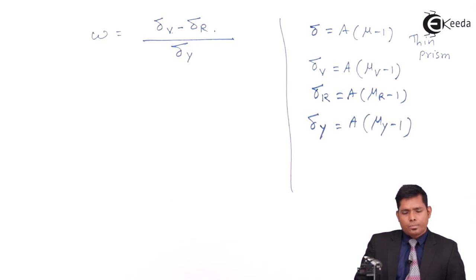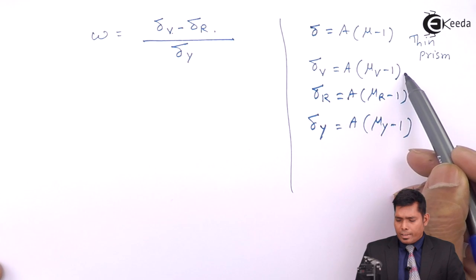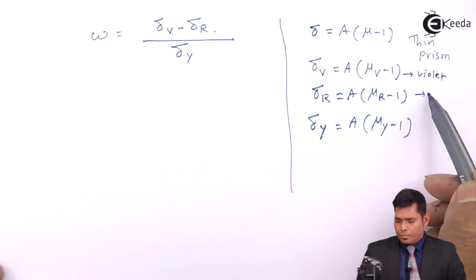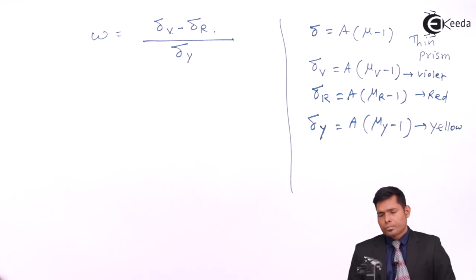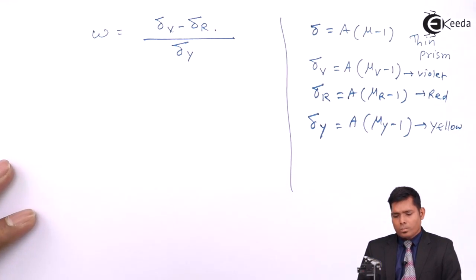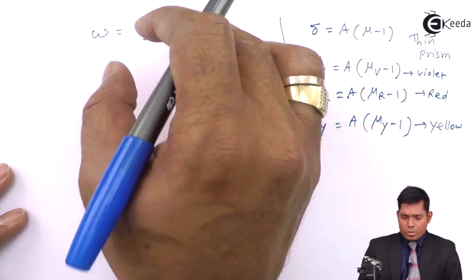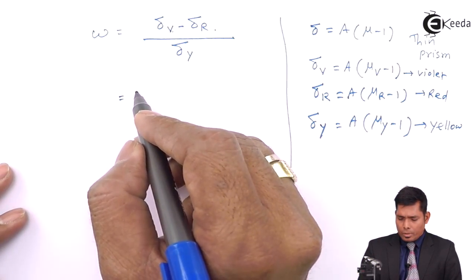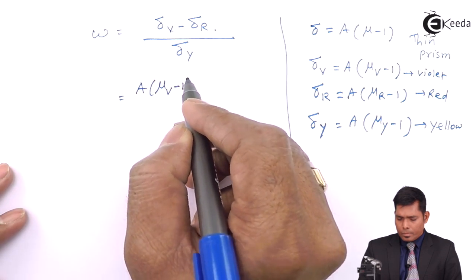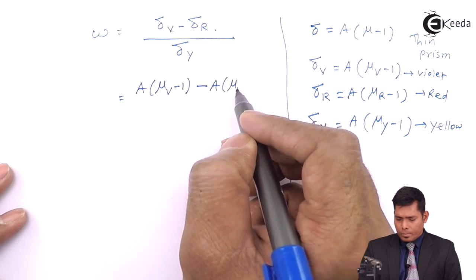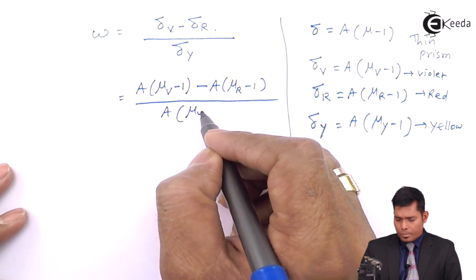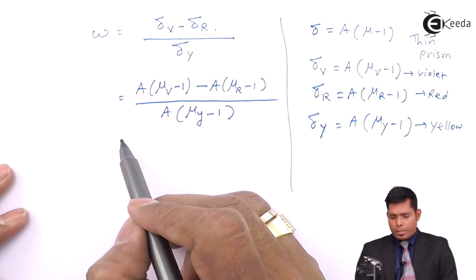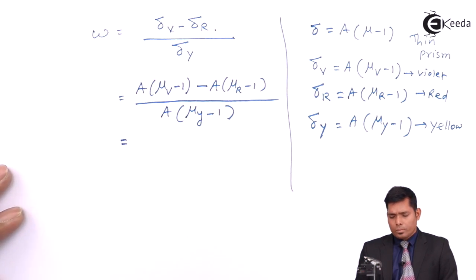So this way you will write for different colors. This is for violet. This is for a yellow color. Now, if I substitute this over here and take A common, then it cancels out, and what is left is